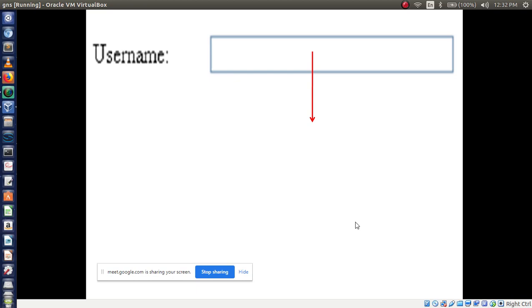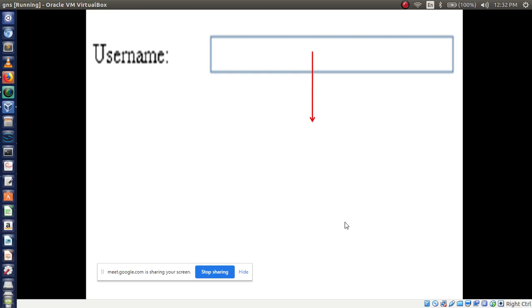Will you be able to identify it? Yes, it is a text box, because I have written here username. Username should be text. It may be text, numbers, characters or symbols, so all of these you can call text. So it is called a text box.